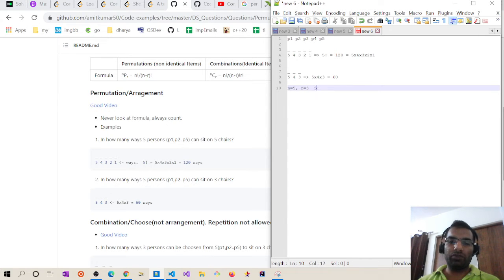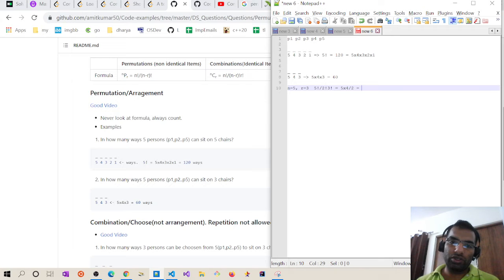So it will be equal to 5 factorial divided by 2 factorial, because it's n minus r. So it will be 5 into 4 into 3 factorial divided by 2 factorial, and 3 factorial cancels out, and 2 factorial is 2 again. So it will be equal to 5 into 4,